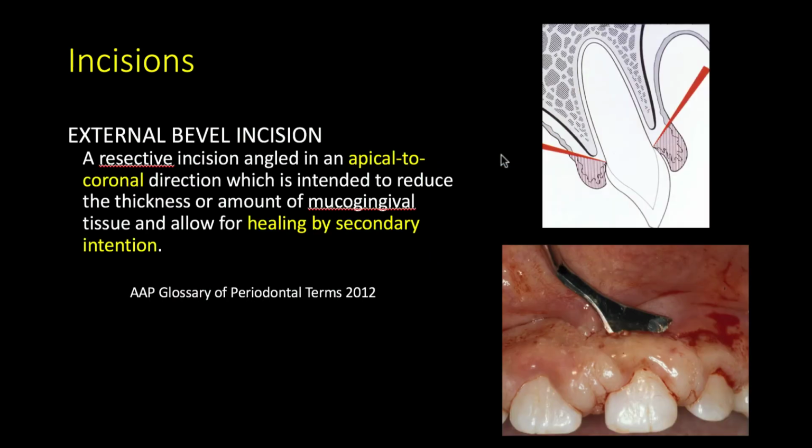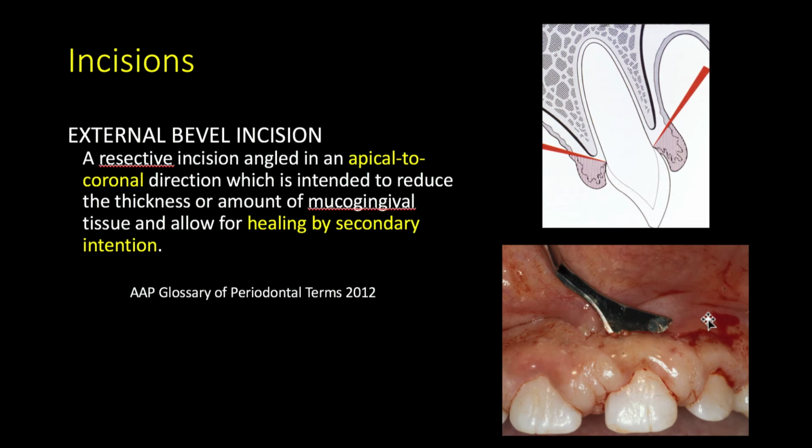External bevel incisions came into prominence in order to do an external bevel gingivectomy. It is a resective incision that is intended to reduce the thickness or the amount of mucogingival tissue. It differs from an internal bevel incision in the angulation of the surgical blade. You can see in this approach an apical to coronal direction is used to reduce the thickness of the tissue. Below, you can see a Kirkland knife being applied in this fashion,